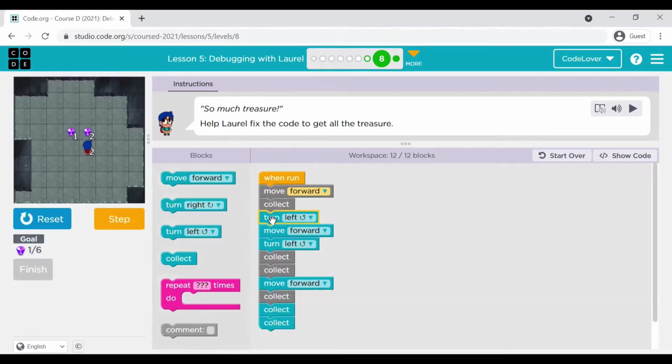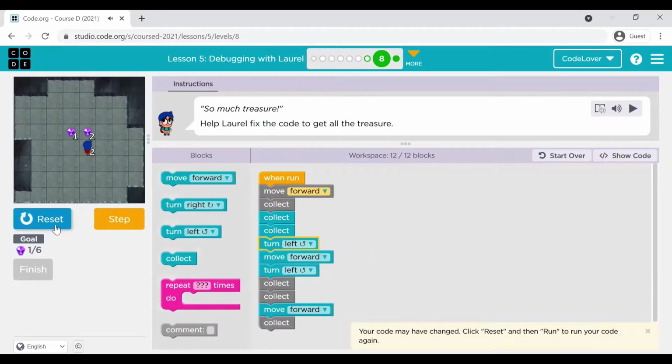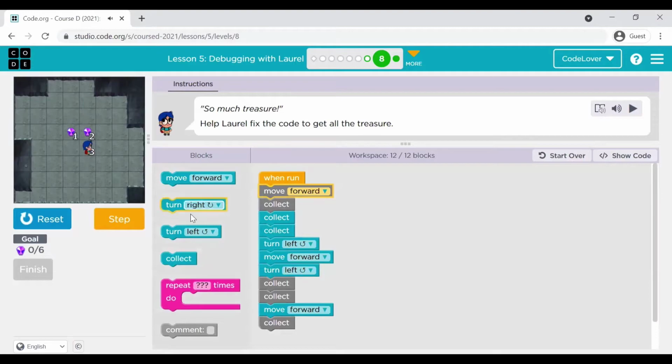So what I will do, at this place there have to be instructions to collect 3 gems. Let me correct it. Let me again reset and go step by step. Move forward. Again, it will wait for the step button to be clicked. Collect. Now, all the gems are collected.